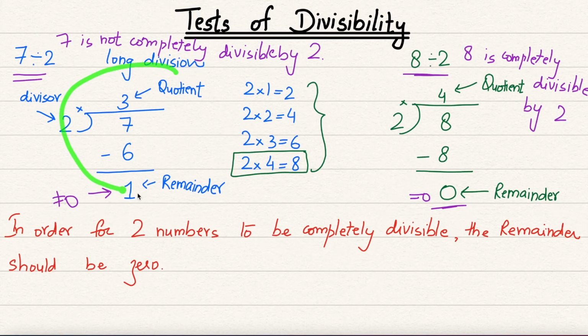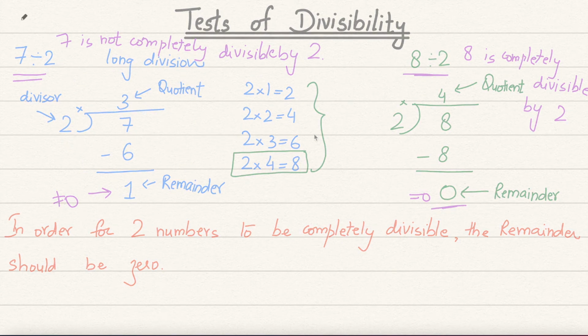Division that is used here is a lengthy process. That's why we need a method that can be used to quickly determine if a number is divisible by another number. If you want to check if a number is divisible by 2, then you have to figure out if that number is an even number or not. Why? Because all even numbers